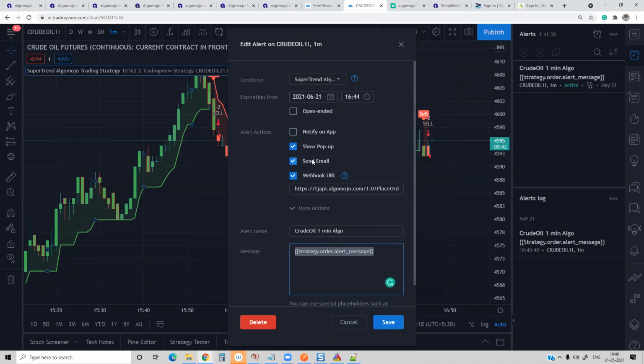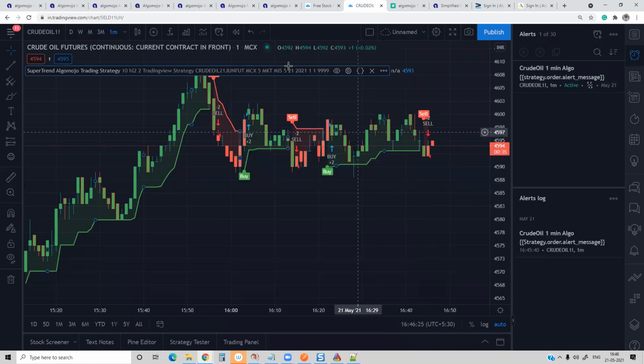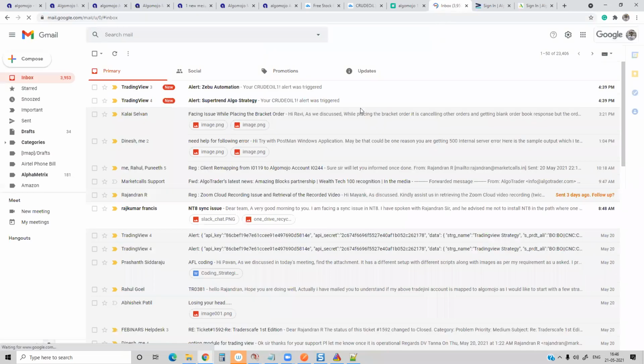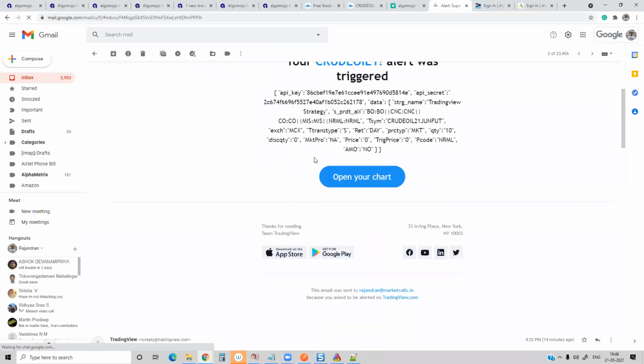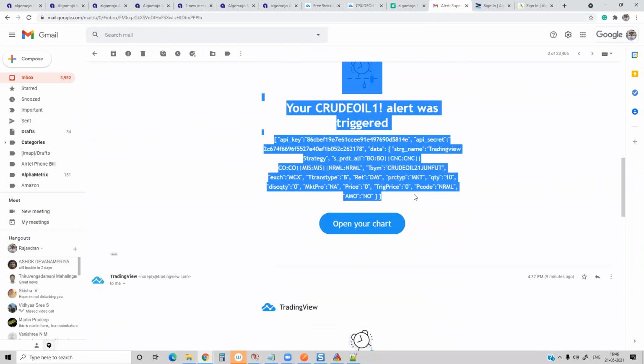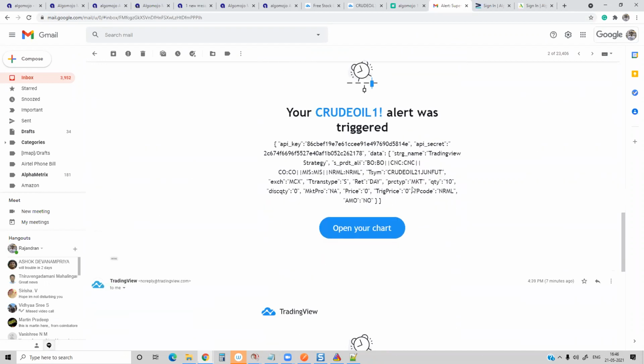If you want to receive alerts in your email, you can also enable it. You will also receive an email alert as well. For example, for all the 3 alerts which I got, I'll be getting an email as well. I'll go and check out my email. I'll show you the email also. I would have got an email simultaneously. So this is crude oil. When that alert got triggered, I'll be able to send alerts to my email also. I can go back and cross verify whether all these alerts are triggered or not.